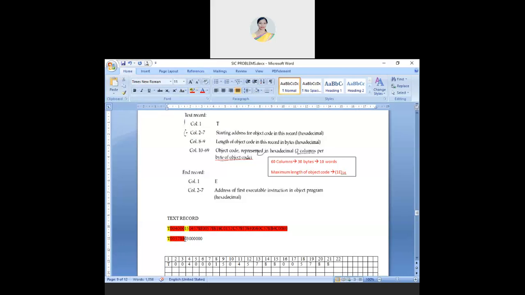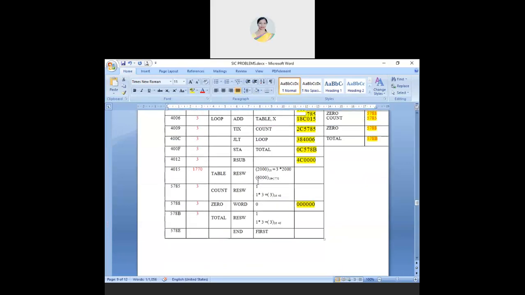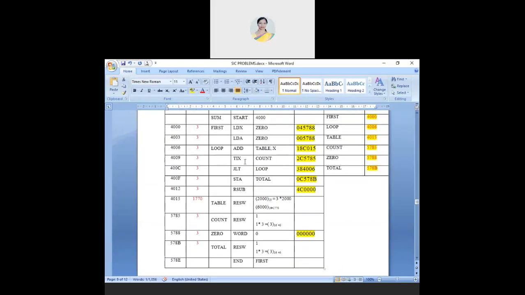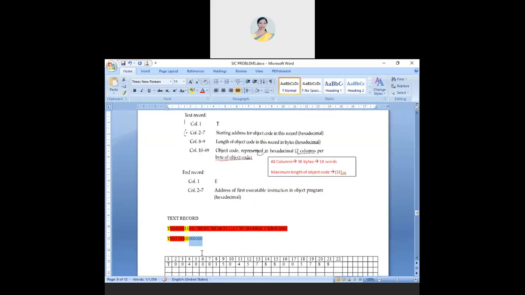And the length is 03, so 3 bytes, which is 6 nibbles. Do you have any other word, byte or instruction? No. So this is the end of my text record.